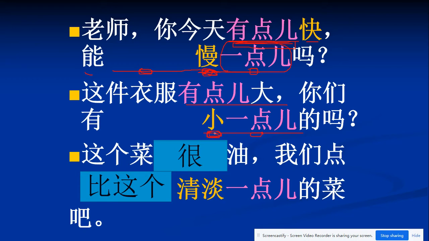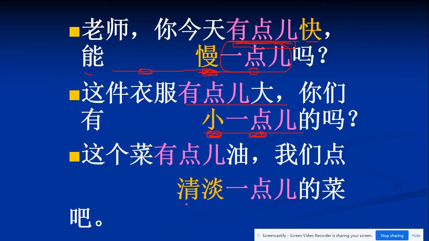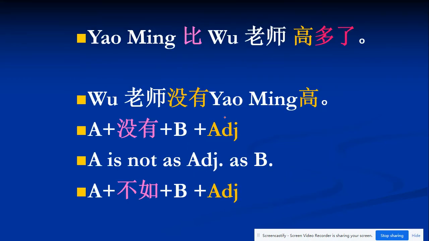You hear that comparison? So that's why 一点 is placed after the adjective, because it shows the gap in the comparison structure. 这个菜有点油，我们点清淡一点的菜吧。清淡一点 a little lighter, 清淡一点的菜。